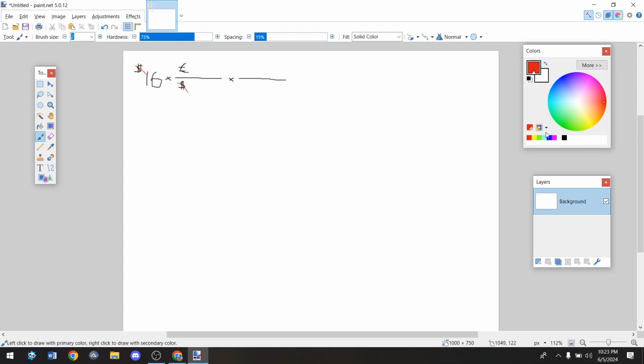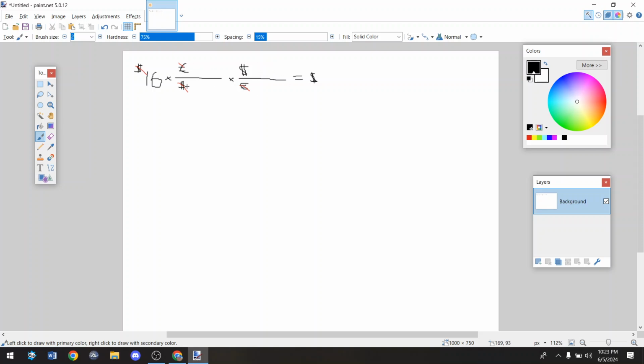And then we're going to put euros on the bottom to get that to cancel, and we're going to have dollars on the top. And then that will cancel, and we'll just be left with dollars. Equals dollars. So that's what we're going to do. We already know what it's going to look like. So the question is now,